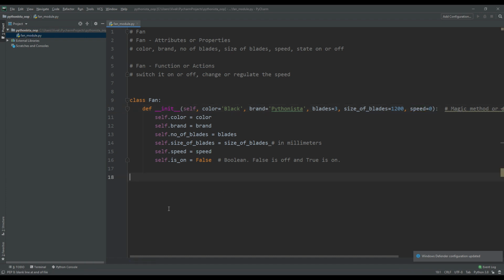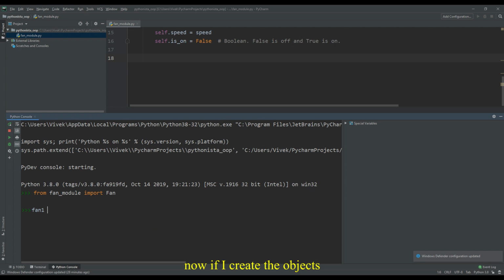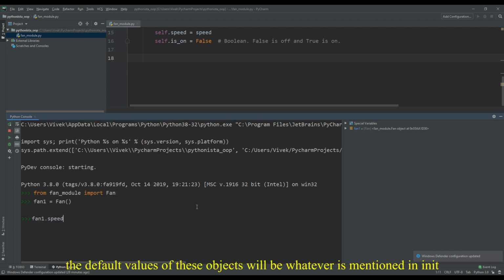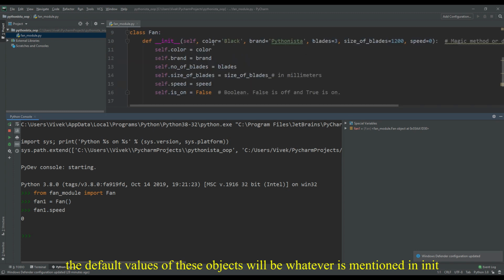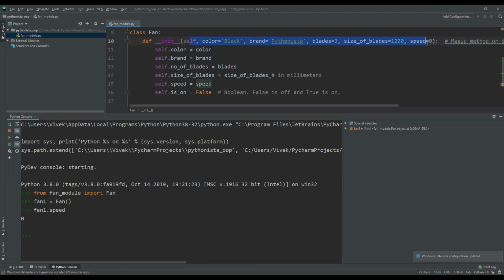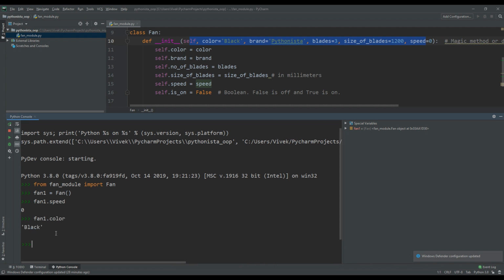speed as 0. So now if I create the object, the default values of this object will be whatever we have mentioned in the arguments here as the default values. For example, color is black. Now let's say I want to create another object fan2, I want to keep everything same, but just change the color.